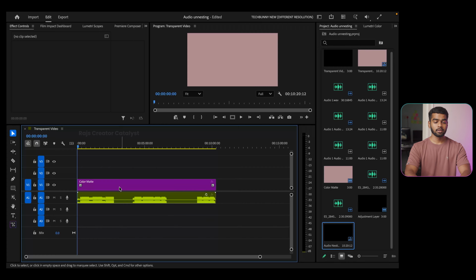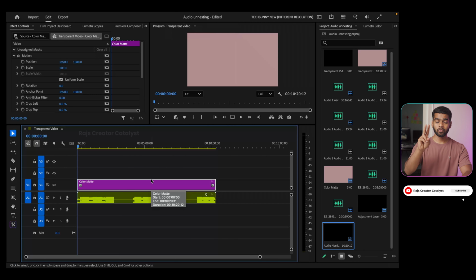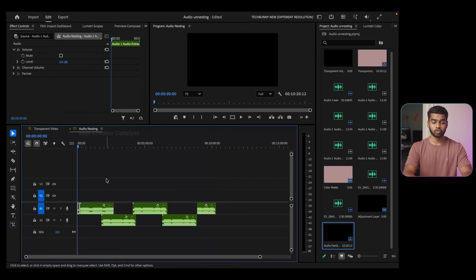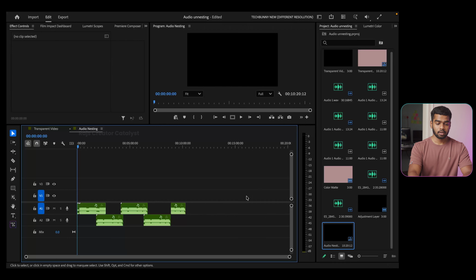Now as you can see here, this is the nested audio sequence. To unnest it, there are two ways. Number one way is just double click on the nested audio layer so that you will see all the audio